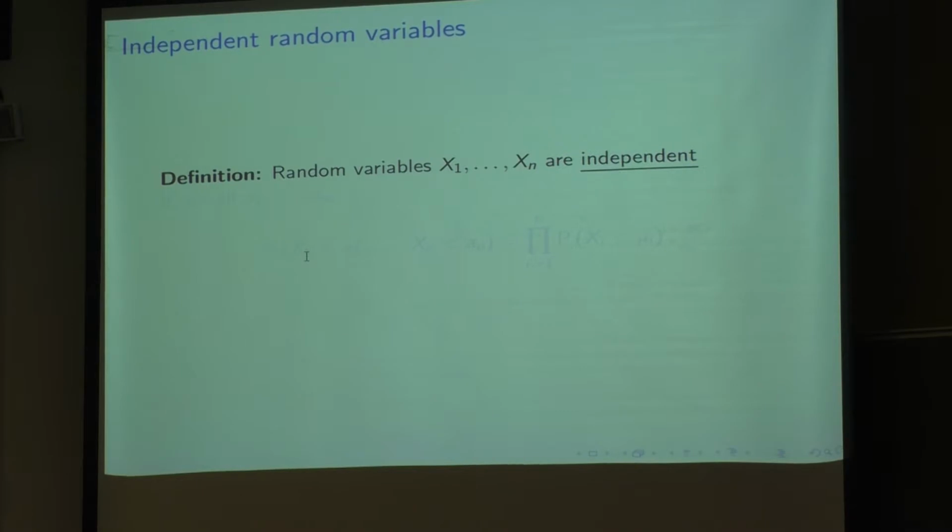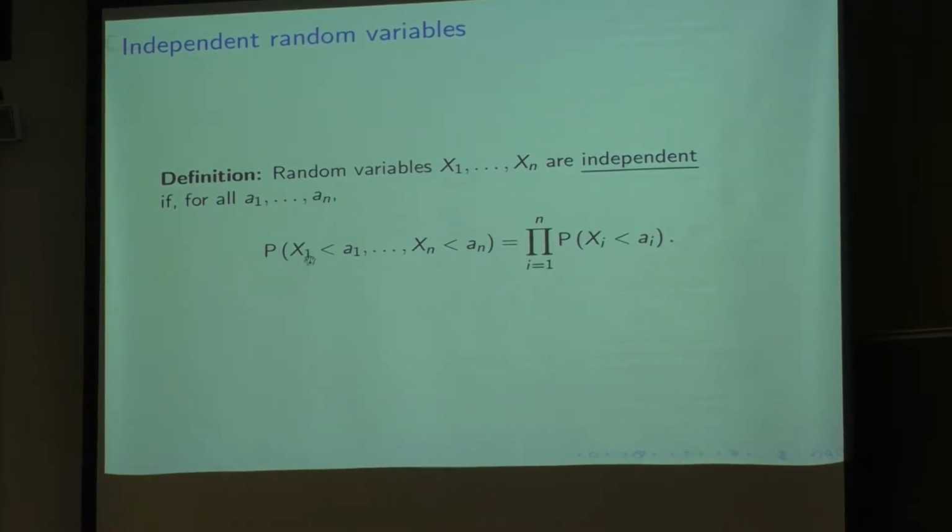All right. Another thing we need to know is the concept of independent random variables. So let's have a look at random variables defined in the same probability space. So we have x1 and x2 up to xn. Each one of them is a function from some omega to the real numbers. They all share the same omega. And we're going to call this independent if for any numbers a1 up to an, you can talk about this